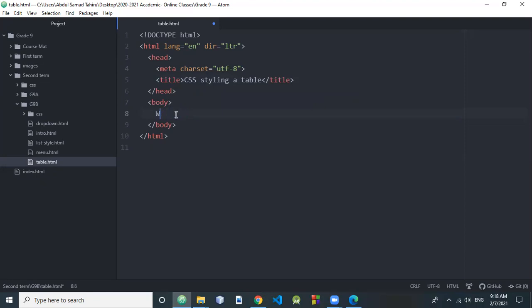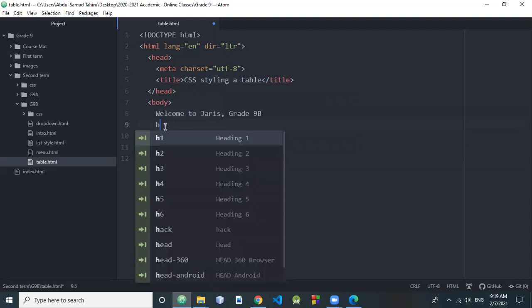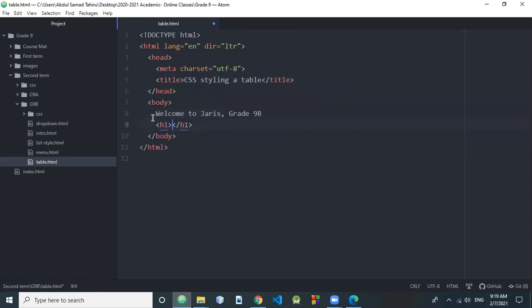Okay, let's do, welcome to Jaris grade 9B. But we want to do it in H1, H2. I'll cut all these things and paste it inside. So I'm going to paste it within. When I save now,